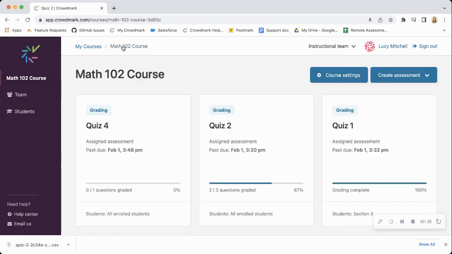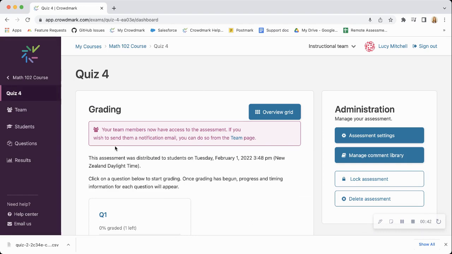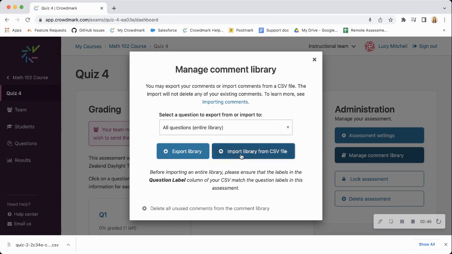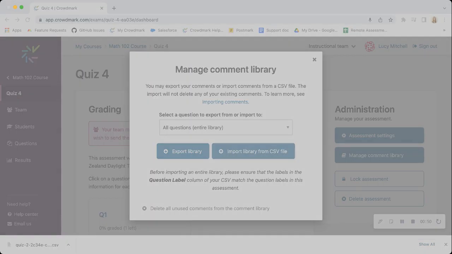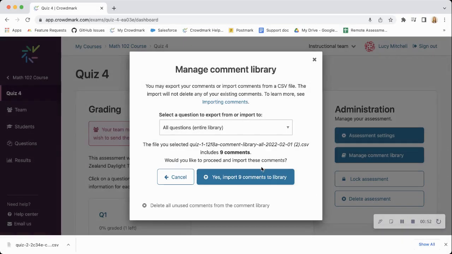I'm now going to come across from quiz 2 and I'm going to import that file into quiz 4. Select Manage Comment Library and Import Library from a CSV file. So I'm going to upload the file that we downloaded from the other assessment,